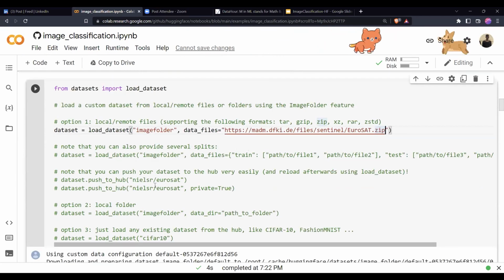Now, there are more than one way to do this. Using this line of code, you can give a path to the folder. This one takes a zip file, but this one takes the folder itself. For example, if the Eurosat images were not compressed, you could directly give the uncompressed path to the images.